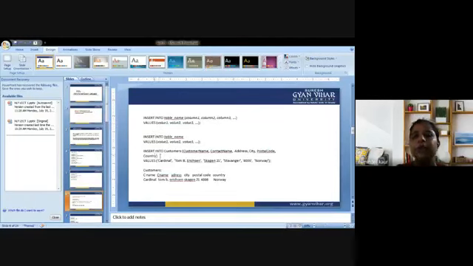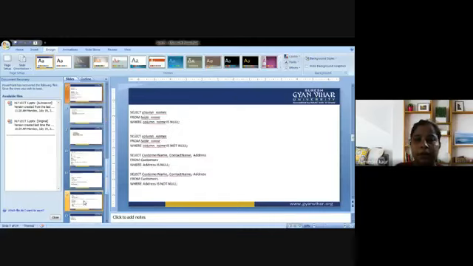Insert into table, and insert into is associated with two forms. That is, either you mention column names and value names as well, or you can give only values, but you must provide them in the same sorting order as the columns. The same is the case with this one. If you want to insert some kind of values, then it is null or it is not null. If it is null, then you are supposed to use this syntax. If it is not null, then you are supposed to use this syntax. So if it is null, then you use this query. If it is not null, then you use this query.